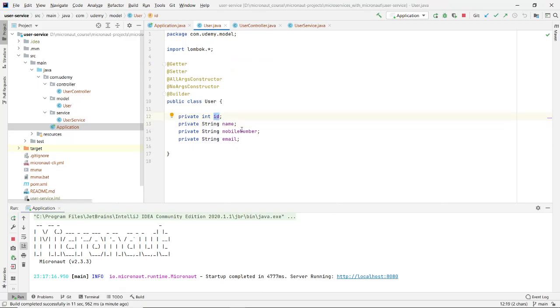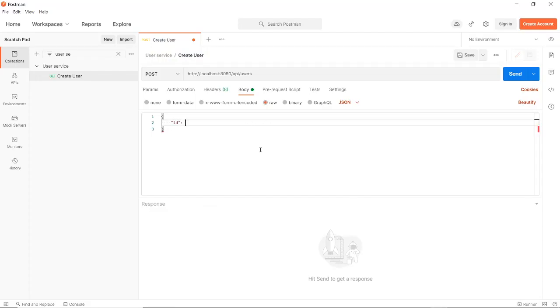So ID as integer, let's say 1, name, let's say Elon Musk, mobile number, one two three four five, and email, abc@gmail.com.